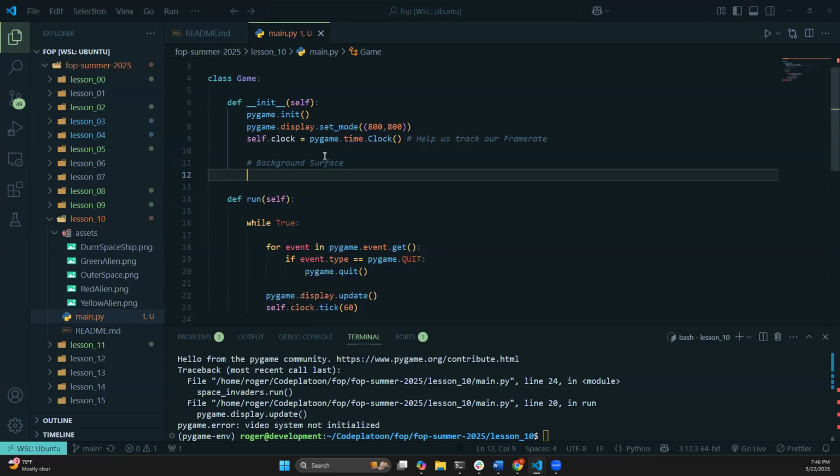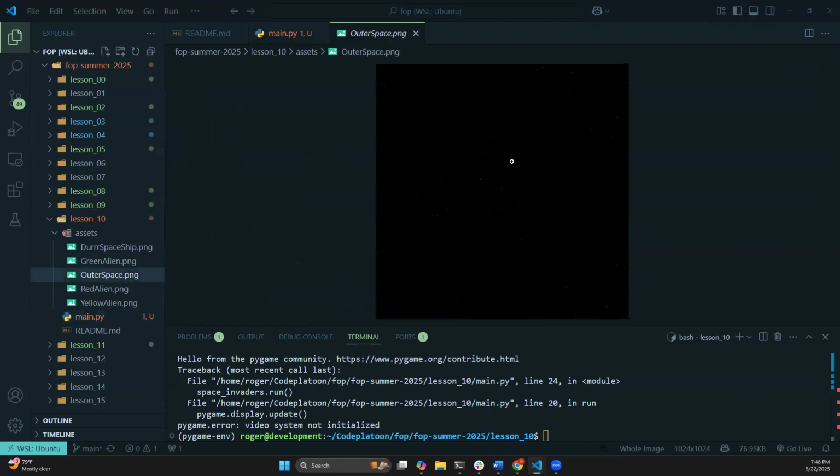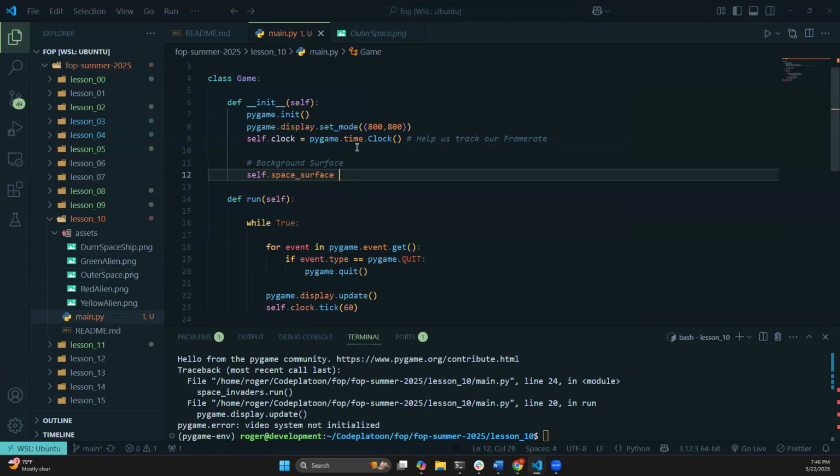I'm going to create a space surface. So we're going to say self.space_surface. This is going to be where I draw my outer space image. This is my outer space image, this is what it's going to look like. I want to draw this image onto my space surface, but we have to create the surface first. So we're going to say self.space_surface is equal to, and to create a surface in Pygame, we're going to call pygame.Surface with a capital S,